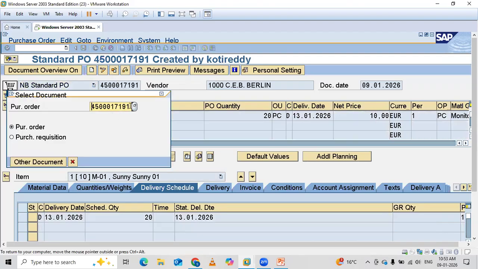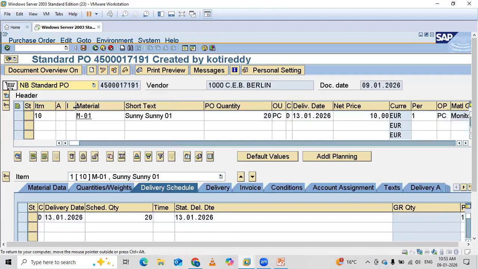It will show the other purchase order. Then you enter your purchase order. Hit enter. It will open our purchase order, whatever number you have entered here. That purchase order will open here.